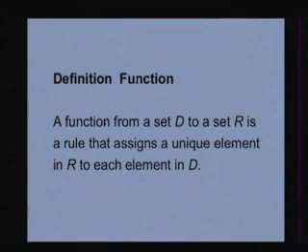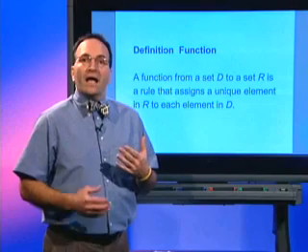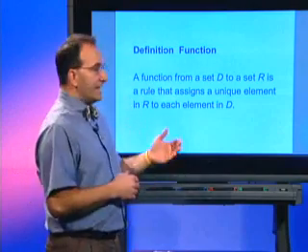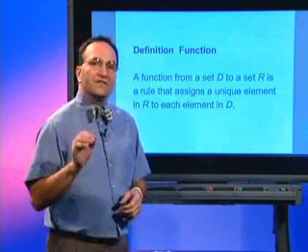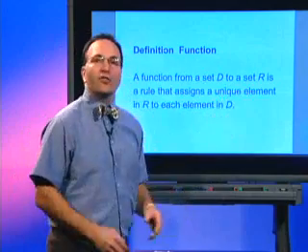A function from a set D to a set R is a rule that assigns a unique element in R to each element in D. Now, in this definition, the set D is the domain of the function, and the set R is the range